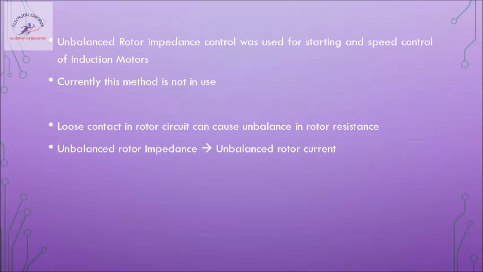If you have seen the phasor diagram or the per phase equivalent circuit of an induction motor, the rotor current is denoted by the term I2'. Now this I2' will not be the same for all three phases if there is an unbalance. We have seen what happens to the induction motor when we supply it with unbalanced voltage, that is, what happens to its performance.